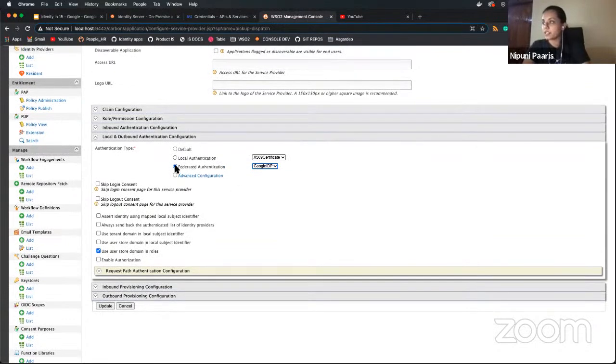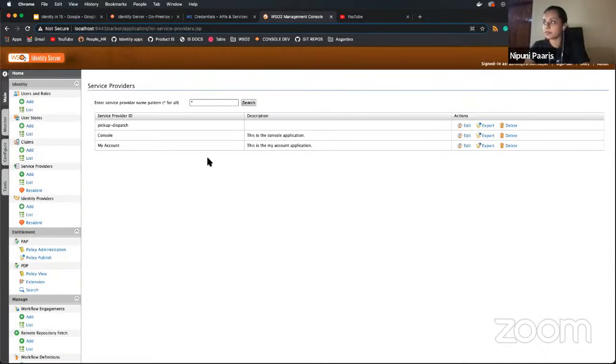Once you select this federated authentication, you can update your service provider. And just like that, without having to change any code level implementations, you can integrate Google authentication to your application. So let's